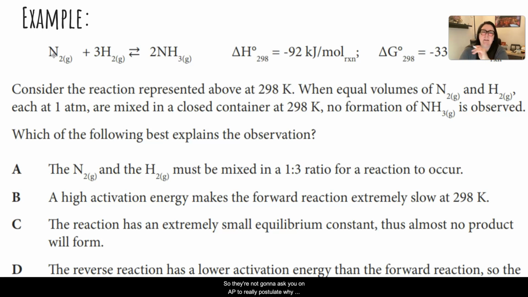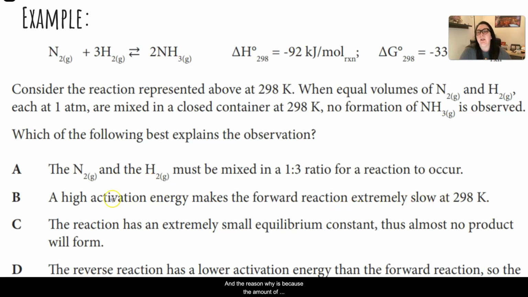They're not going to ask you on the AP to really postulate why this is the case, okay? But I'm just explaining it for those that want to know that nitrogen's triple bond is causing the problem because it's a really, really, really tough bond to break apart. So answer B, has a really high activation energy, making the forward reaction extremely slow, would be the